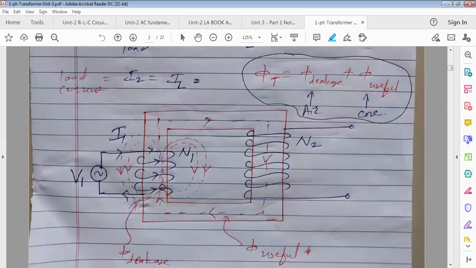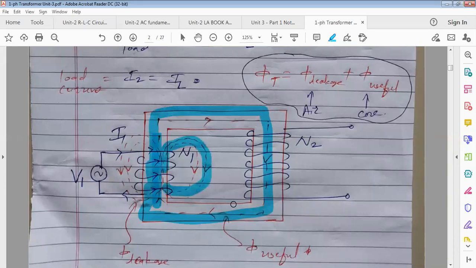What will happen? Some flux here, air is there. Consider air here. The relative permeability of air is not 0. It is 1. That's why the opposition will not be infinity. It is very high, but it will not be infinity. Means flux can complete its path through air also and through the core also. Like current always prefers the minimum opposition path, similarly flux also; these magnetic lines of force also always prefer the minimum opposition path. So what will happen? Where will maximum flux flow? Yes, maximum flux will flow through the core, or will it complete its path through air? Maximum flux.